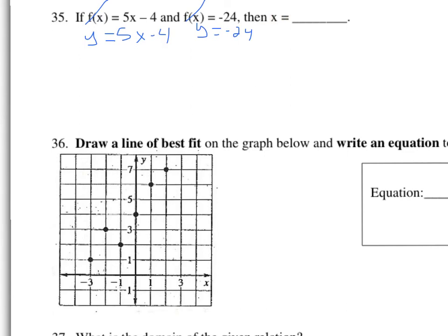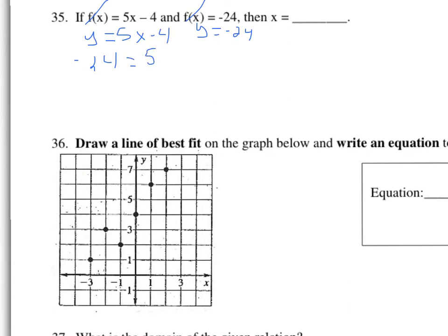Usually in these types of problems, it'll say, then x equals what? Or find the value of x, or find x. So that's saying if we need to find x, then this number is the value of y, and we have to substitute that in so that we can find the value of x. So I'm going to take this negative 24, and I'm going to put it in right here where that y is. Negative 24